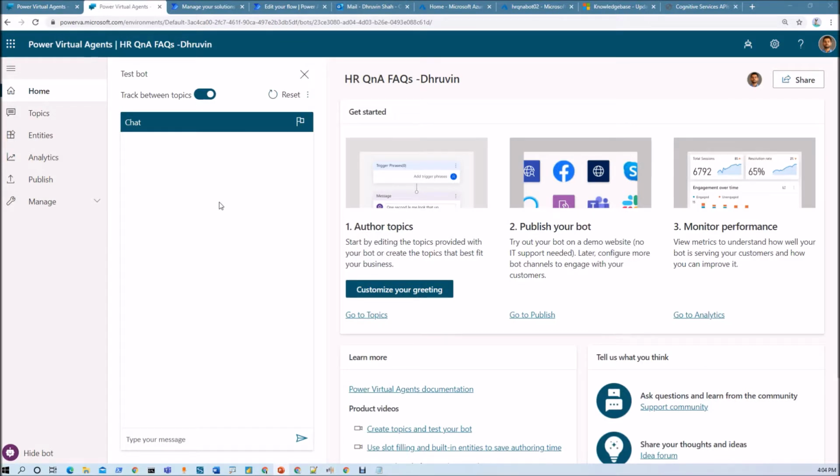Now, first of all, let me talk about the overall requirement that we are going to perform throughout this session. Let's say, for example, I am entering a question which is not part of the knowledge base. At that time, my chatbot will respond that it couldn't find this answer. Based on the feedback, I want to track that unanswered question and send it for approval to the admin, saying this is the unanswered question.